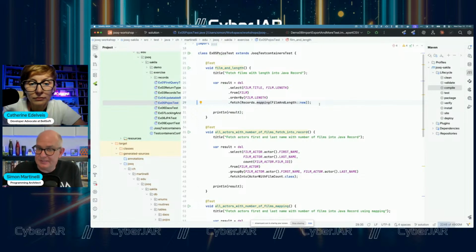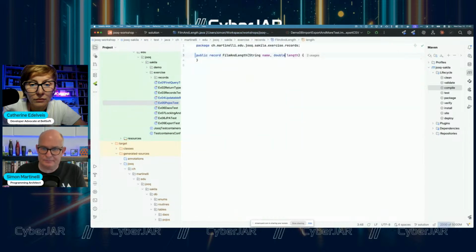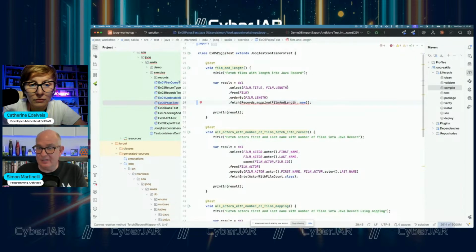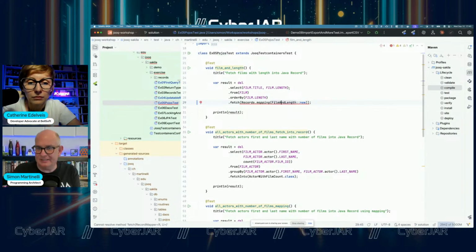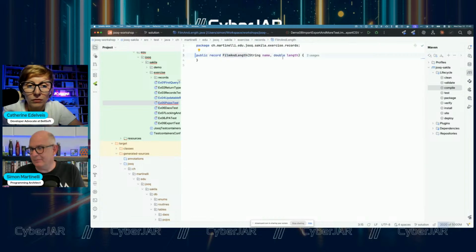And now this will be type safe, because if I go ahead and do the same that I did before, so change the film length and say, okay, this is a double, and go back, now this no longer compiles, because it realizes that it can't create or call the constructor of film length with a string and a double, or not a double, with a short, because here we have a double, right?